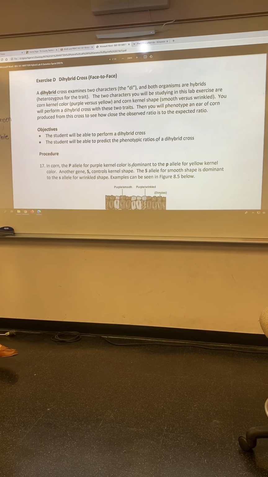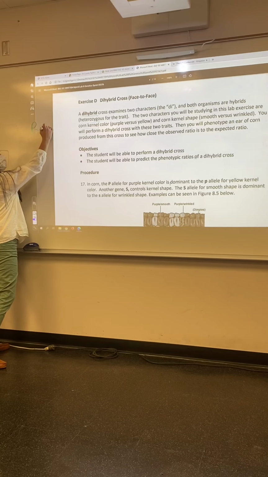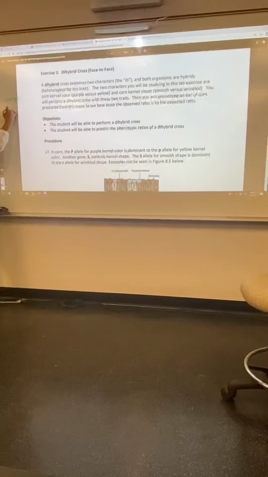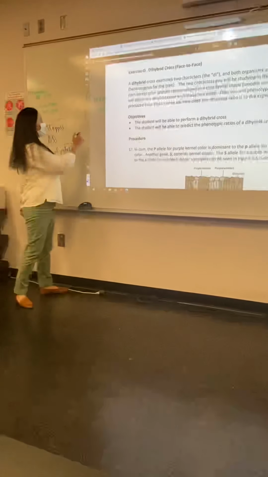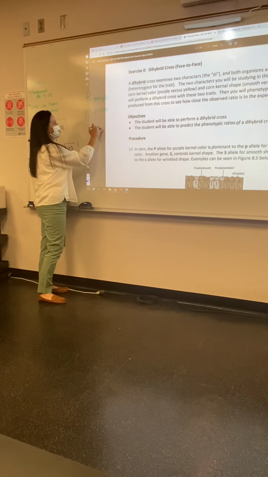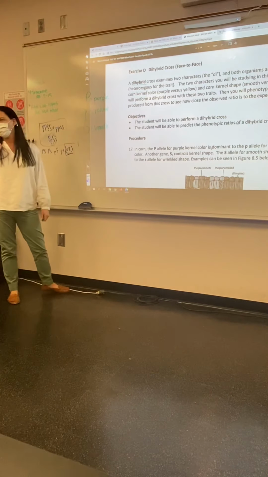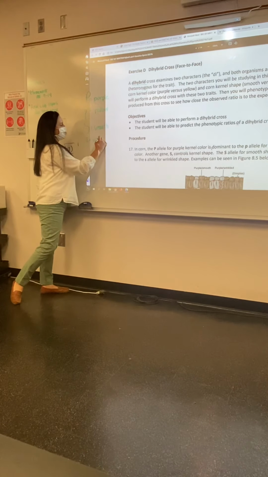Now, what we're going to be doing is we're going to erase this right here because we don't need it anymore. And our letters for this are going to be capital P, which is going to tell us purple. Then we're going to have a lowercase p, which is going to tell us that the color is yellow. Then we're going to have a big S, which is going to tell us my kernel is smooth as it can be. And then we're going to have a little s, which is going to tell us that I need